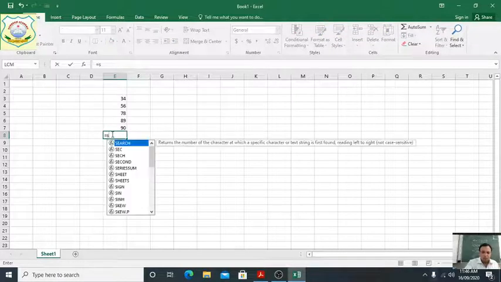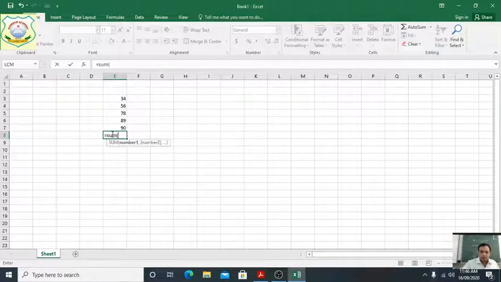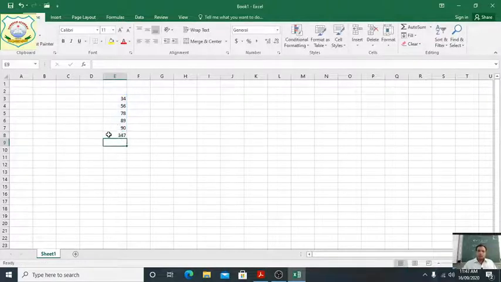Equal sum, bracket. Now this is showing the range. This is the form of the range. See here, 347 has come, but we are using the function, that is the range formula. Sum is the function, E3 to E7 is the range. No need to show the other cell addresses.